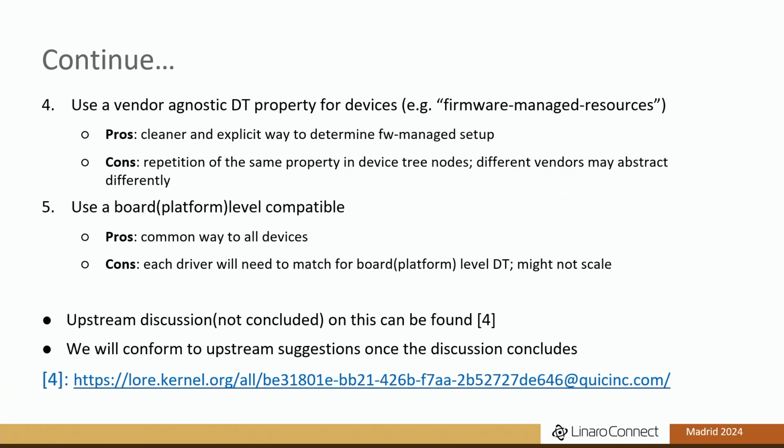And then one more option could be that we use the board level platform compatible from the driver. What that means is that every driver will have to check for the board level compatible, and whenever a new platform comes, every driver has to include that new compatible. So it's not scalable. And also the YAML, how do we incorporate this kind of schema constraint in the YAML